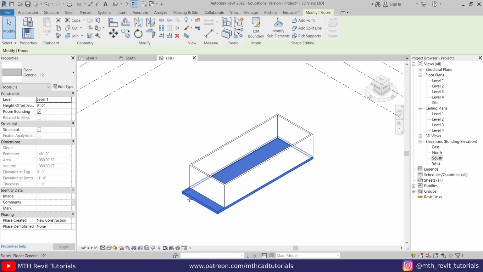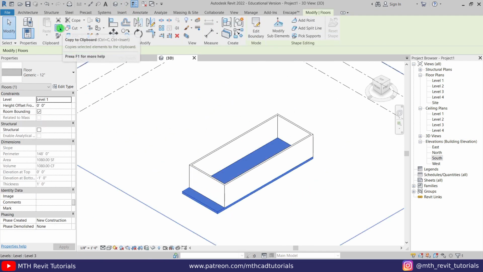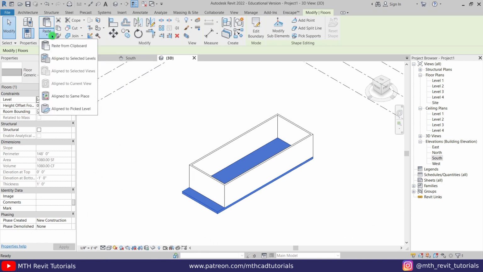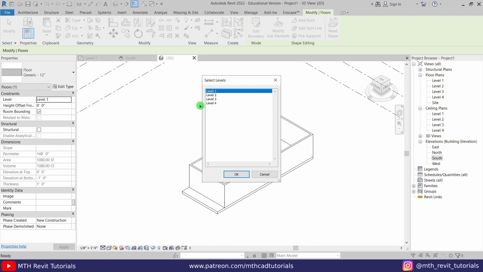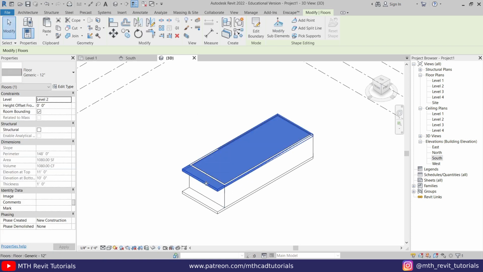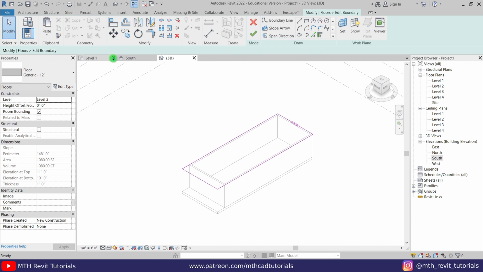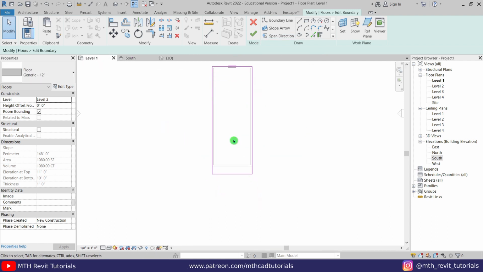So let's select this one and click here, copy to clipboard, and from this drop down let's select align to selected levels and I'm going to copy it to level 2. Then we will just copy to the other levels because we want to edit this floor first before copying it to other floors. So the floor is selected. Let's click edit boundary and go back to level 1